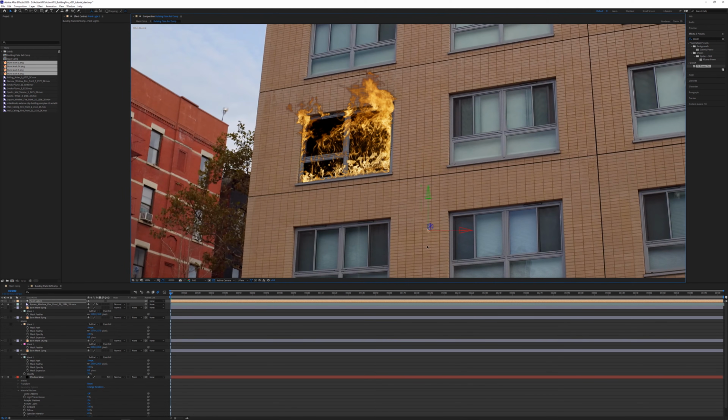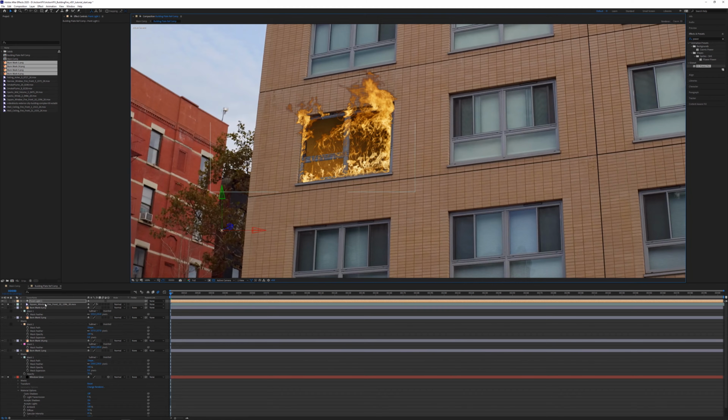So maybe the fire is on this side and this side glows a little bit more. Or you could have a fire over here. So maybe on this side of the building, you can see kind of a light emanating there. Actually, I quite like this one. It's a little bit more clear to see, even though that this flame here is slightly larger. I'm going to leave that right there.